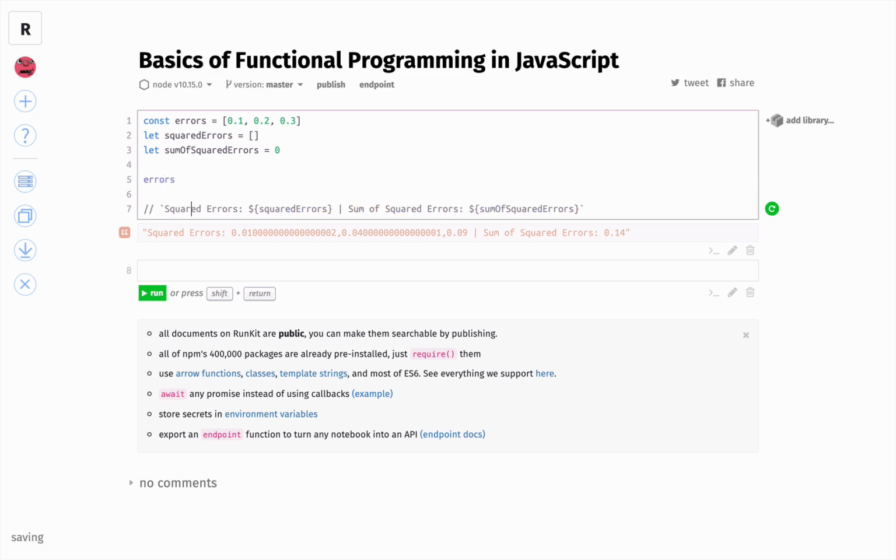Let's comment this out for now. We have errors, and errors is an array. Arrays have a map function. So what we can do is map, and then we pass it a function. What map does is, for every value in an array,